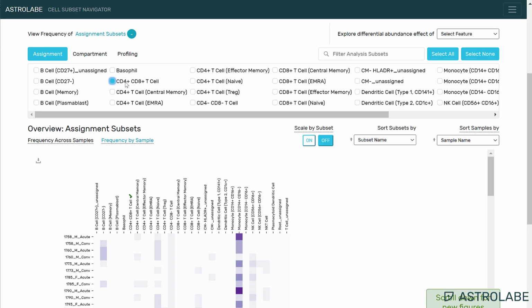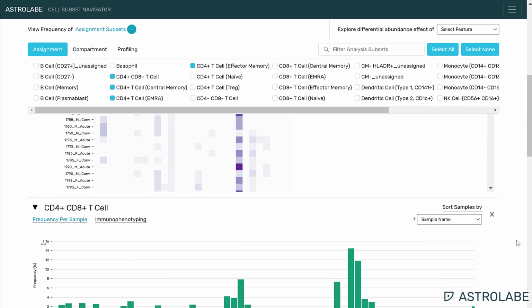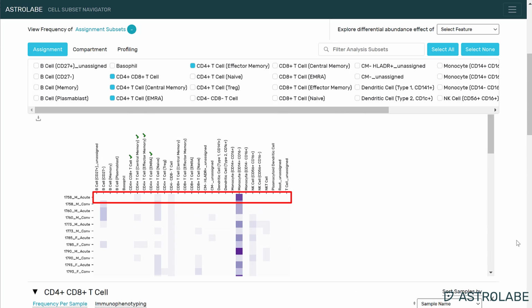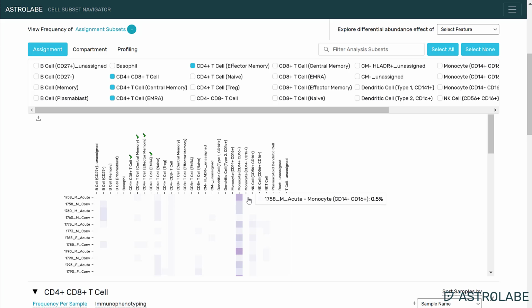by Astrolabe. Much like the MDS map, I can use the selection bar to select cell subsets, or I can click on the subsets across the top here. When I do, details are shown below. Each row visually shows the composition of the sample. Darker squares indicate a higher frequency, and if you hover over the squares, you can see the percentage of each